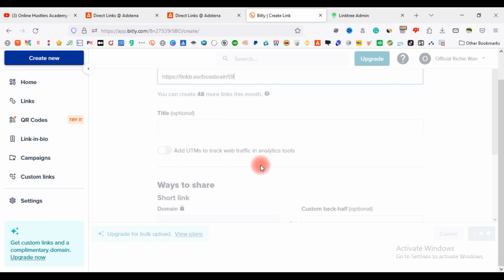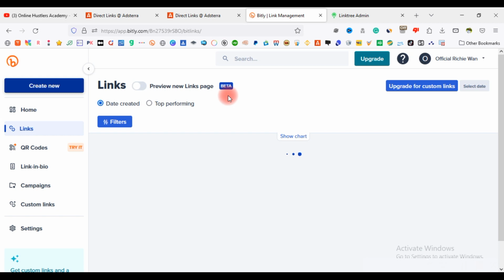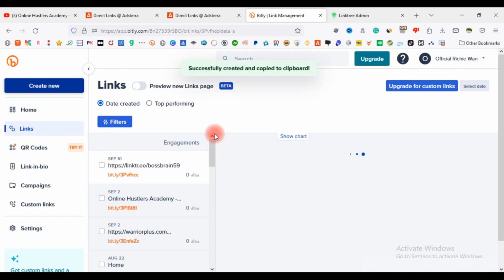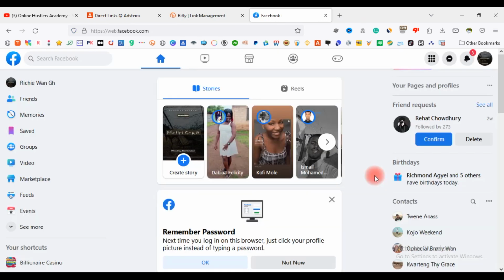Right after shortening this link, all you need to do is to head on to a platform that I'm going to show you right now. It's very common. Most people have been using it daily, but they don't know you can use this as a free traffic method to promote your links. So all you need to do is to come to a platform called